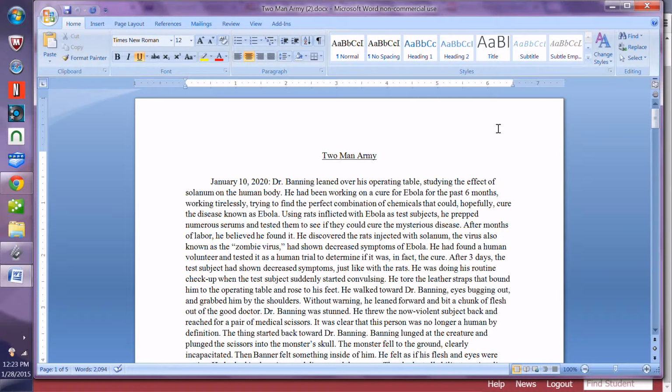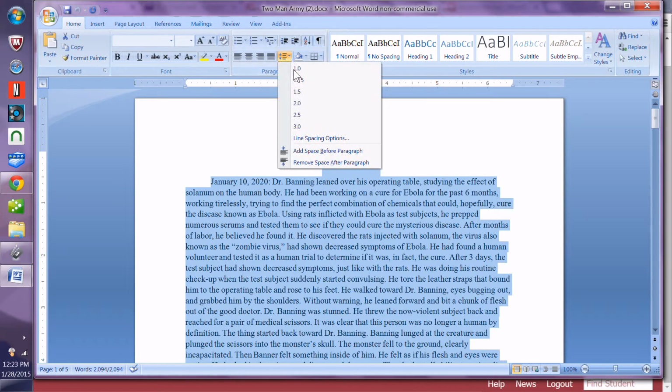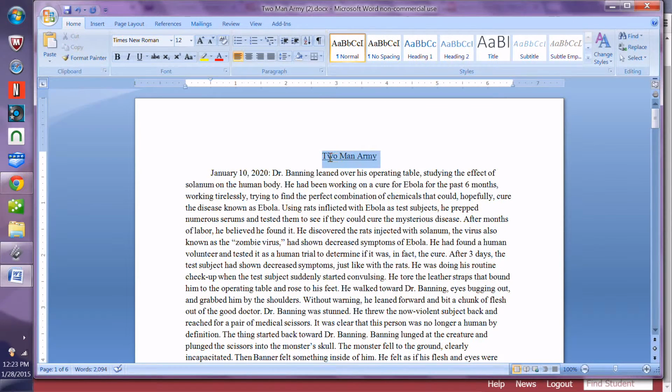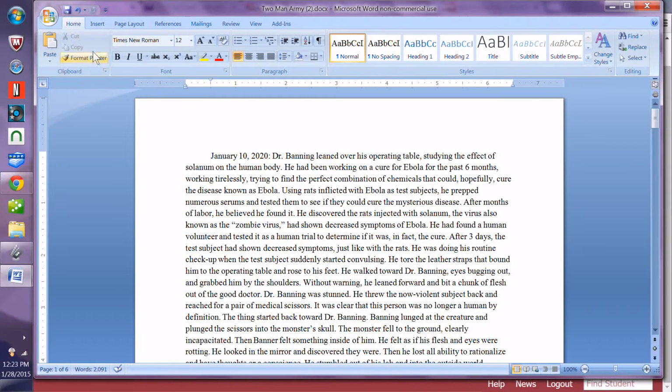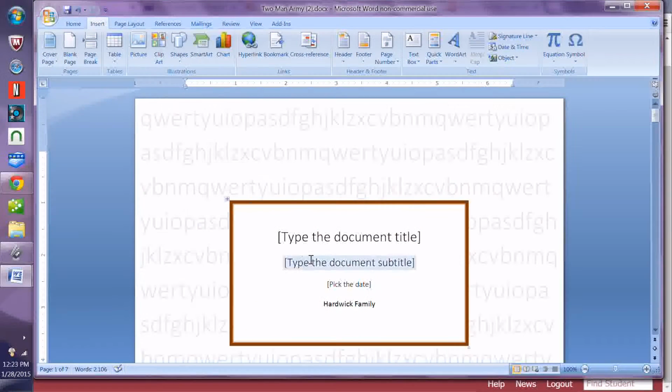So we're going to work on formatting a little bit, and I'm going to point out a couple of ways you can improve your story. For fiction writing, we're going to use 1.15. Just gives us a little bit of space. And when we do fiction writing, we have a cover page as opposed to